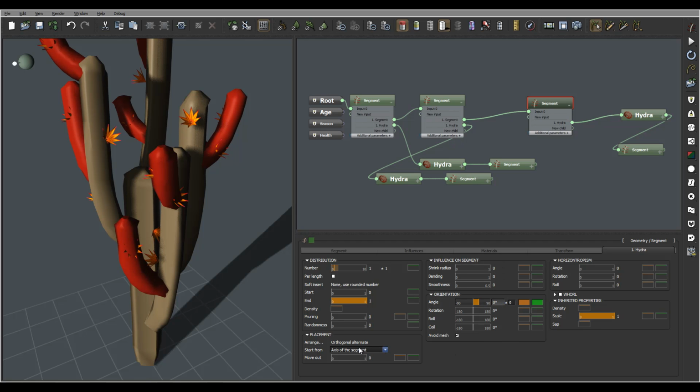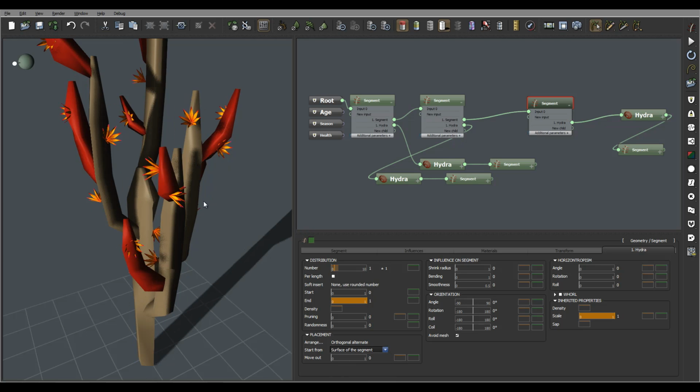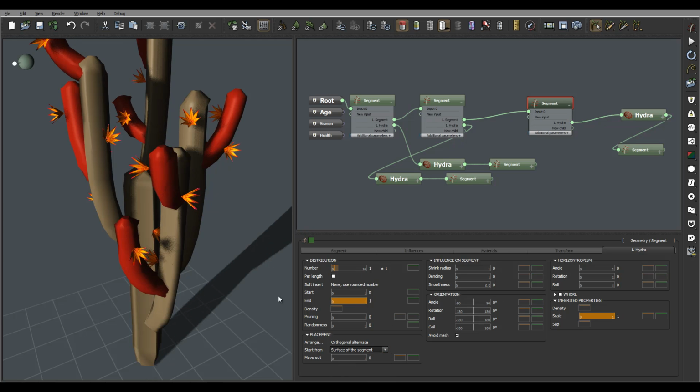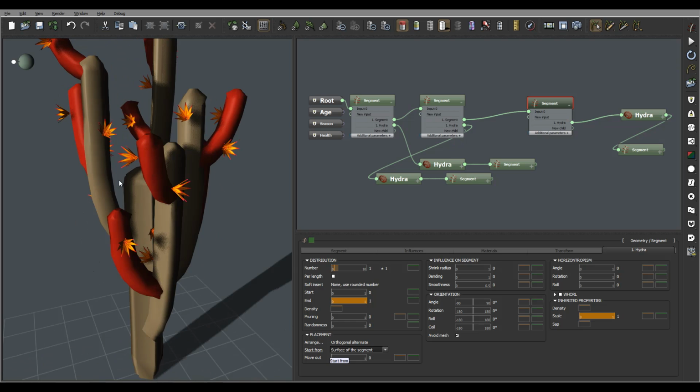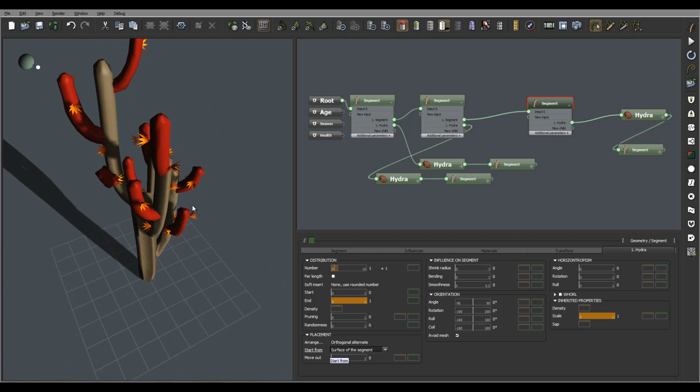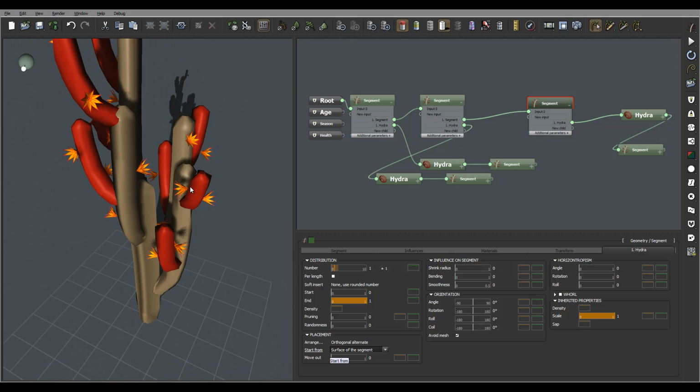Okay, right here I forgot we need to set this from just to 0 and from axis to the surface. Okay, if you think they will be too much on the surface, we can decrease them a little bit so they will be smaller as well. I don't know, the size look, we can make even these flowers a little bit even smaller, of course, by going and